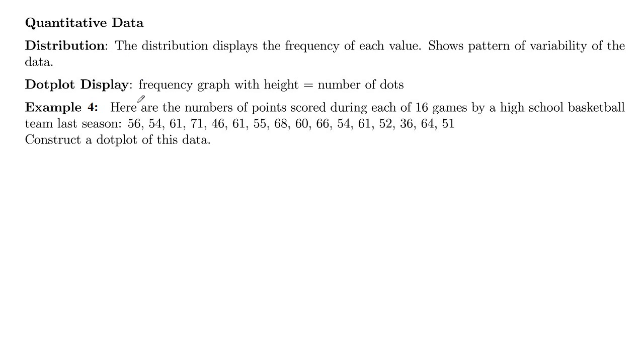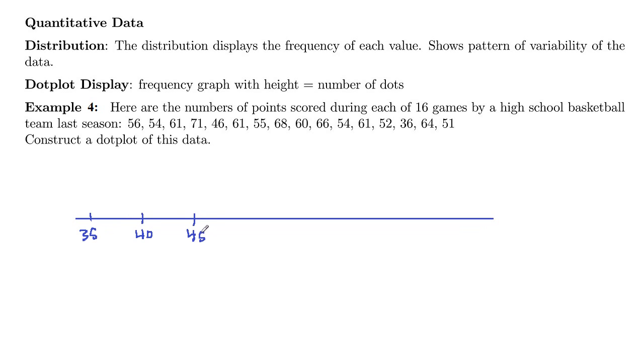So here in example 4, we've got the same data that we used earlier on the number of points scored during 16 games by a high school basketball team. We're going to construct the dot plot for the data. So first we want a horizontal axis here, and we will number that off. So our values went from 36 to 71, so I'm going to start here with 35 and I'll go up in fives. 40,